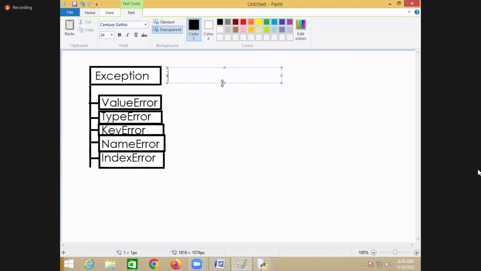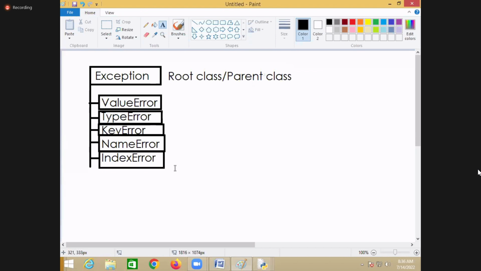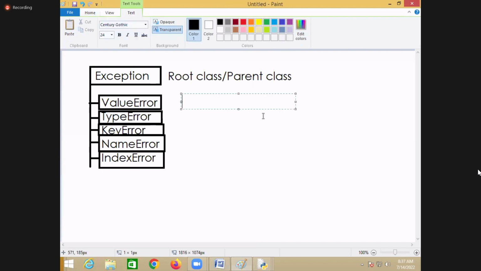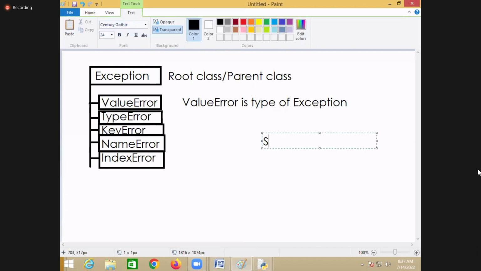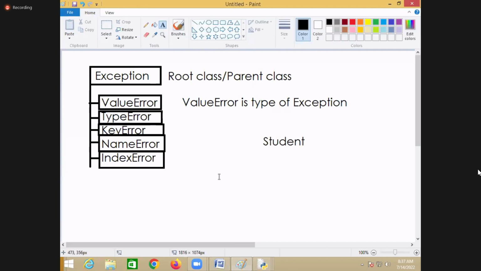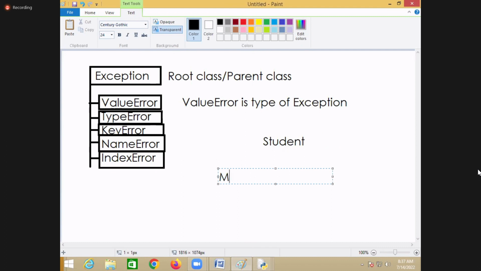You can say exception is a root class, or a parent class, and its properties are inherited by all other exception types. So value error is a type of exception. In the same way, in inheritance you learn this: there is a student and there is an MCA student.